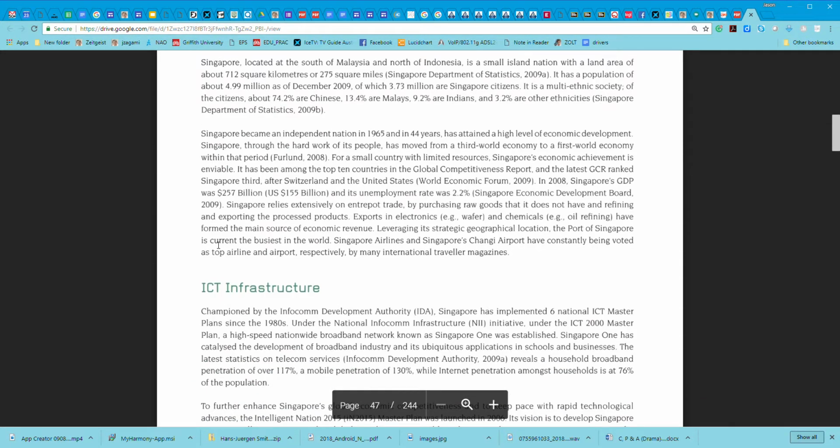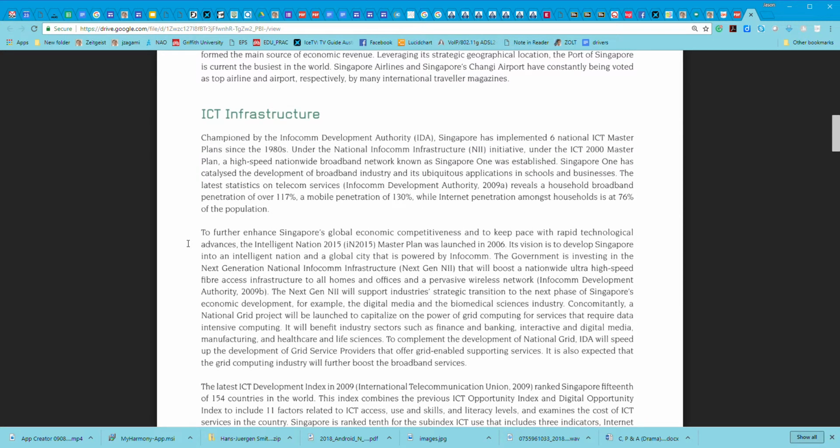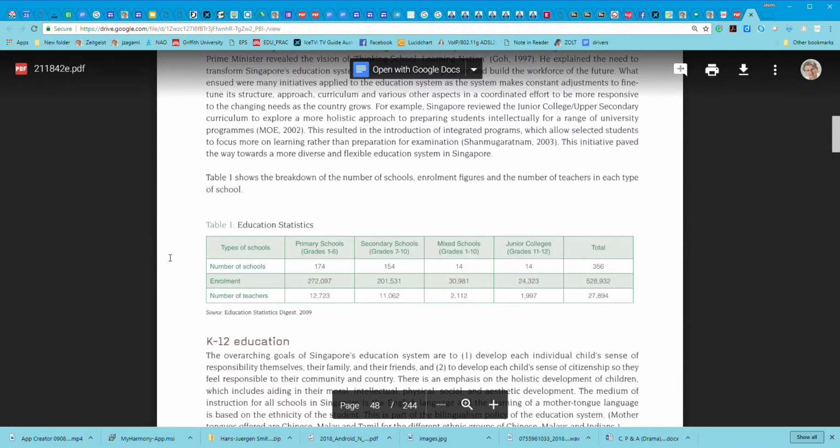But yeah, so you can read about the different contexts. Singapore obviously also has the advantage of being quite small, and so being able to roll out infrastructure in terms of fiber optics and other technologies is made easier by the size of the country. And we can see in terms of their number of schools and teachers, they're not a huge nation in that respect,